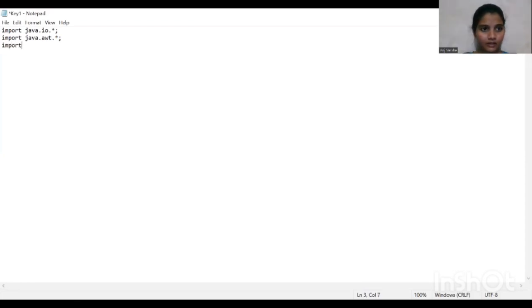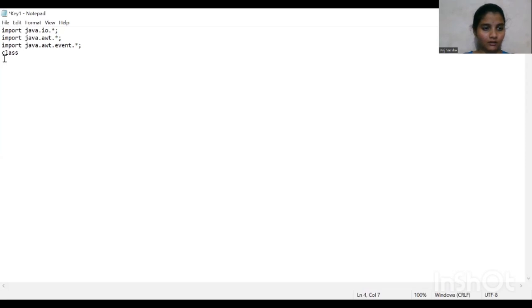And the next package is import java dot awt dot event dot star. Here event dot star imports all the classes of the awt dot event, which include mouse listener, key listener, window listener